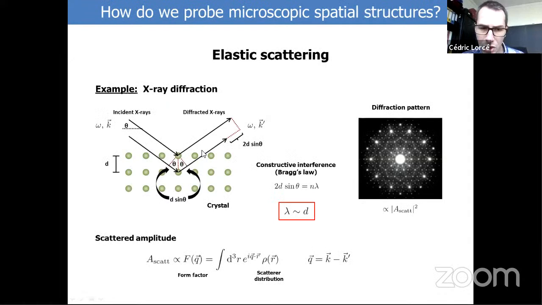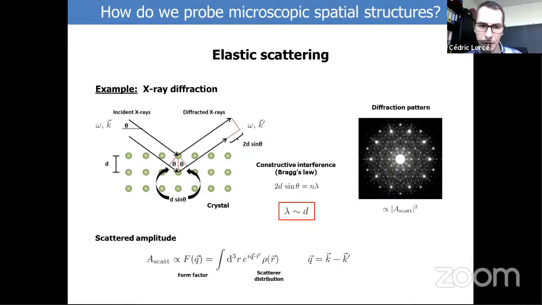Each center will be the source of a spherical wave, and very far away from the scattering center, you can approximate the spherical wave by a plane wave, and they all interfere to get the final diffraction pattern. That's basically what this equation says. So the message here is that you measure the diffraction pattern, you get information about the scattering wave, and from the scattering wave, you can infer something that we call the form factors, which contain all the information we are looking for about the spatial distribution of charge. And they are related by just a Fourier transform. So that's basically the idea over here.